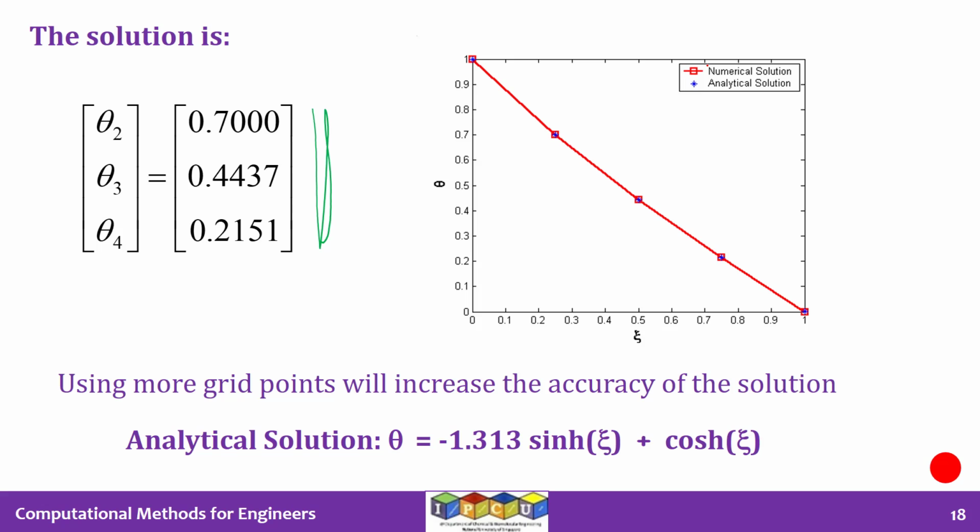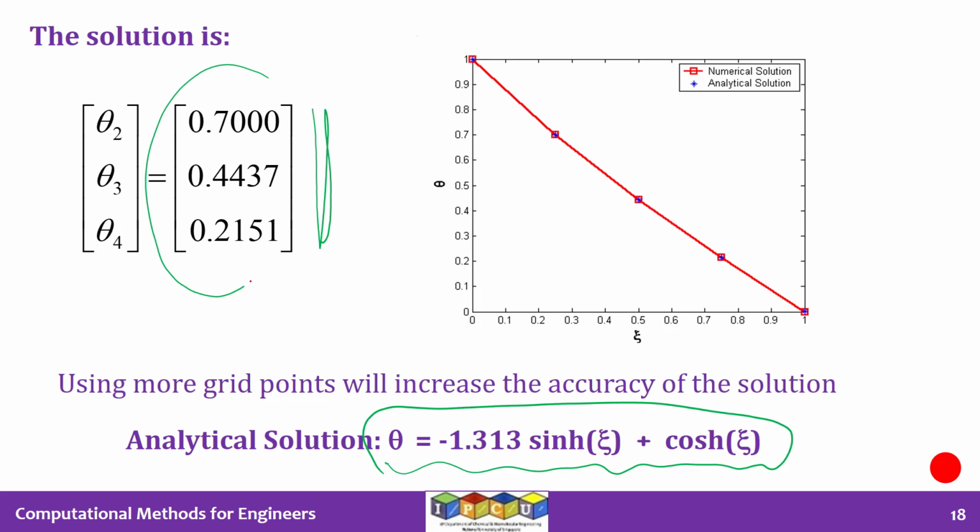The analytical solution for this problem, if you want to solve it by hand, you can solve it and you can show that theta as a function of psi is of this particular form. Our numerical scheme does not give this kind of an expression. It just gives these values. That's the difference between the analytical solution and numerical solution. However, as said many times earlier, analytical solution is not possible for nonlinear problems, which are often the case in chemical engineering. I'll stop here and catch up with you in the next video.